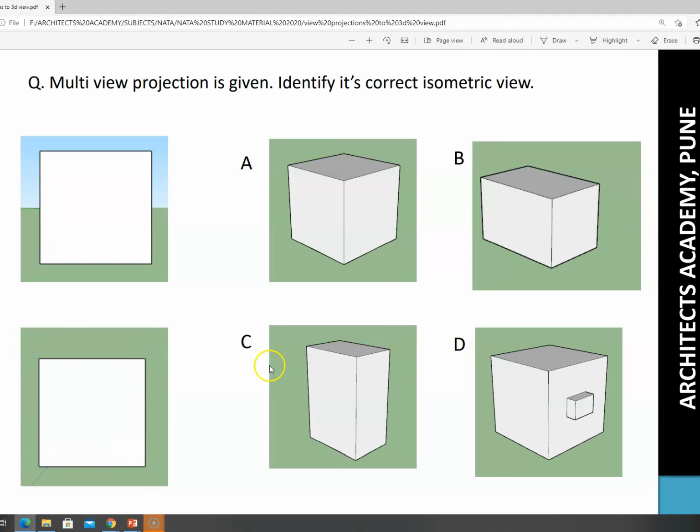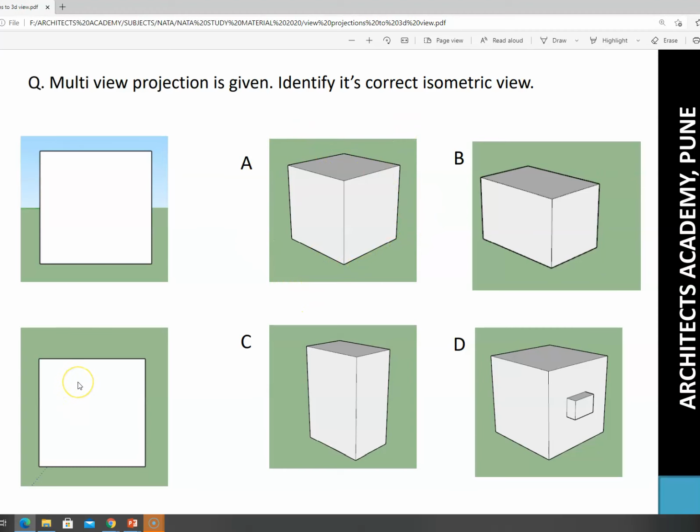So definitely I know that I can rule out certain things. I can rule out this because this is not in the correct proportion. I can rule out this one also because this is also not in the correct proportion. There is an element which is here, which is not visible anywhere in this. So I can remove this also. So the only thing which remains is option A.